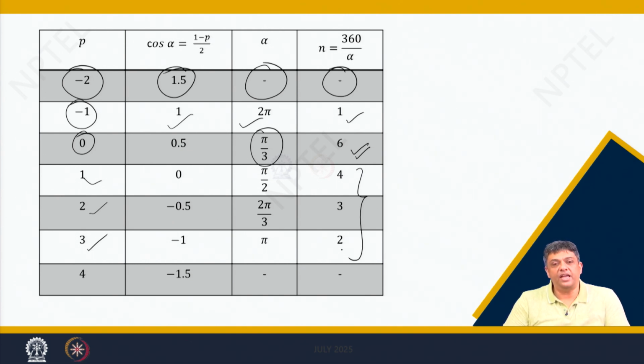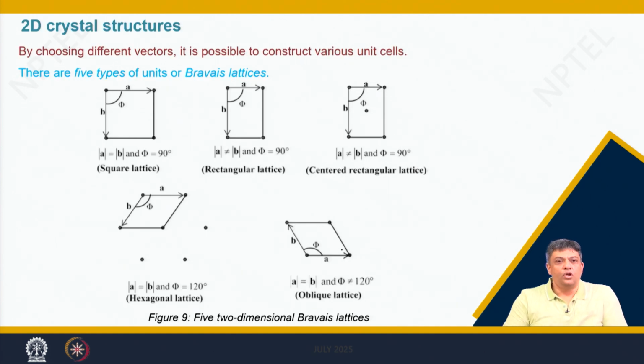With this concept, can you prove why 5-fold symmetry is not possible? It is a very easy and simple exercise which you must complete if the points discussed to you are clear at this point. So, let us see.